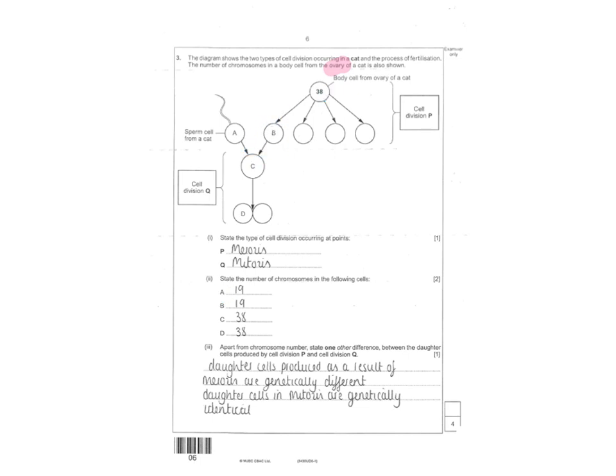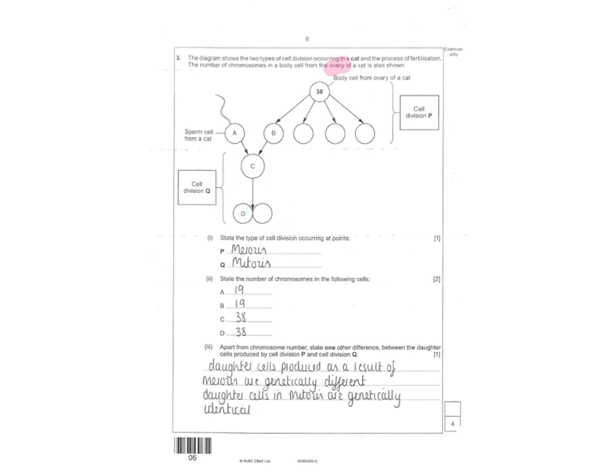B, the egg cell from a female cat, also has to have 19, because when the sperm and the egg cell combine in fertilization, we're going to end up with 38 chromosomes. C is going to be 38, and then D is 38, because in mitosis,